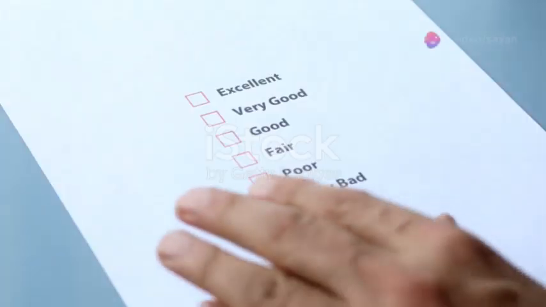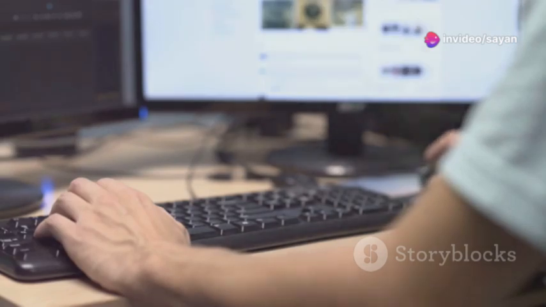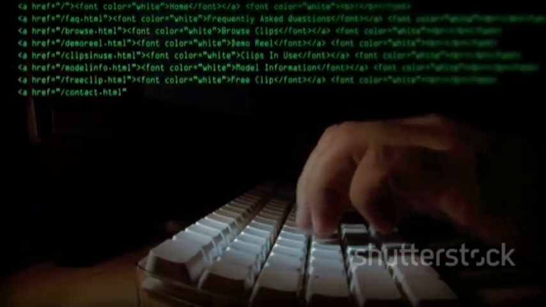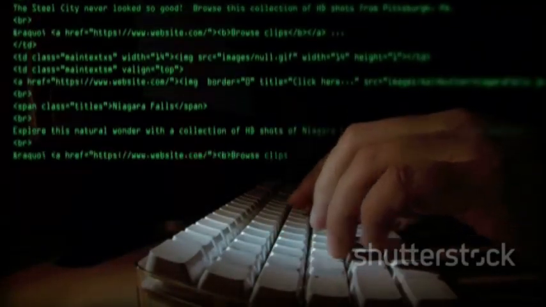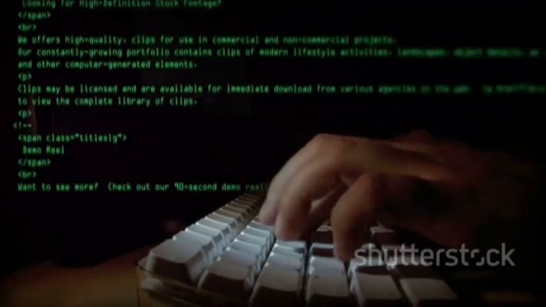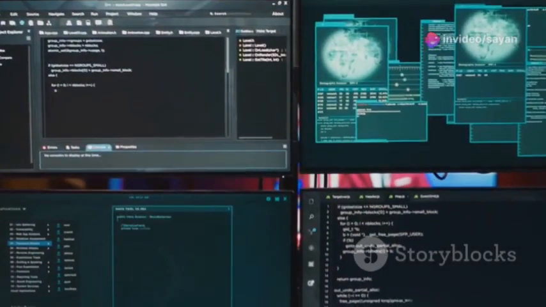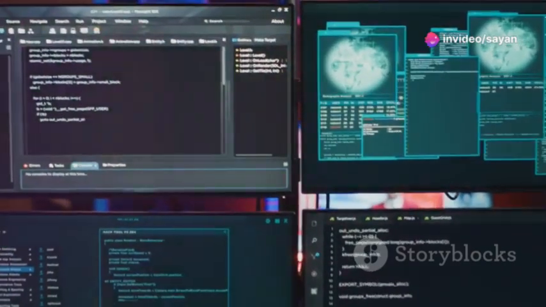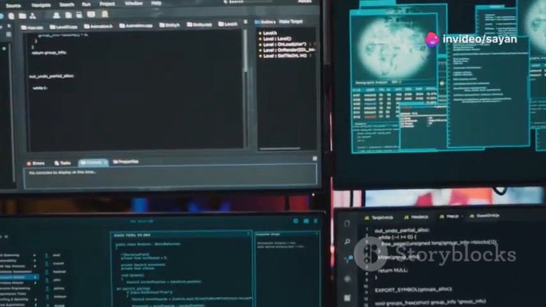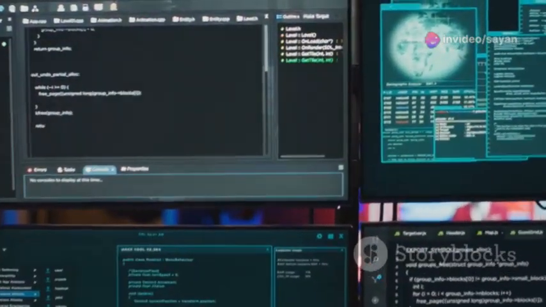Section 13. Checking if a checkbox is selected. Checking if a checkbox is selected is important in web testing. Selenium WebDriver provides the isSelected method. Example, Java: WebElement checkbox = driver.findElement(By.id("checkboxId")); boolean isSelected = checkbox.isSelected();